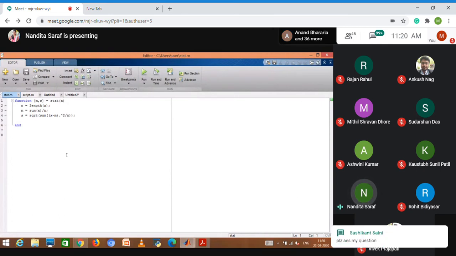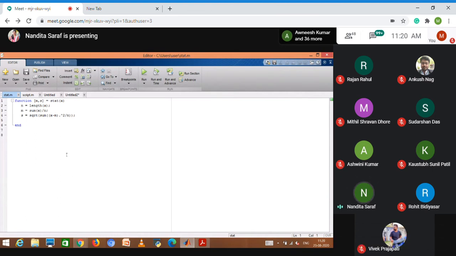We started with the discussion about arrays and matrices. Array is a sequence of numbers enclosed in a square bracket. Matrix is a 2D array. 2D means it has rows and columns both.